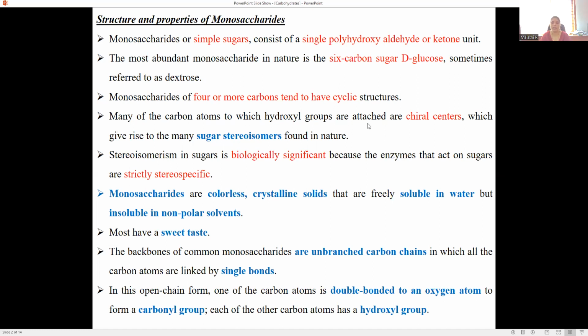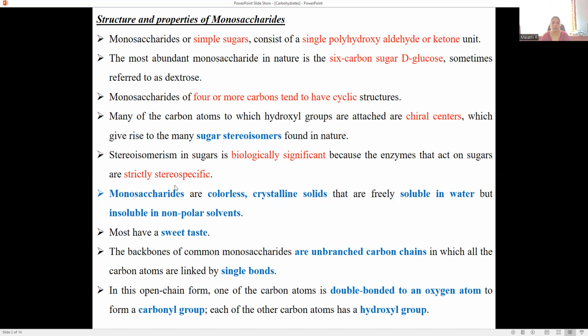Based on the different substituents on each carbon, you will have chiral centers. If a carbon has 4 substituents and all 4 are different, you call that carbon a chiral center. Those chiral center carbons will exist as stereoisomers. These stereoisomers are also present in nature, and you will have specific stereoisomers. They are biologically very important, because any metabolic reaction in your body, either oxidation or reduction, follows stereospecificity.